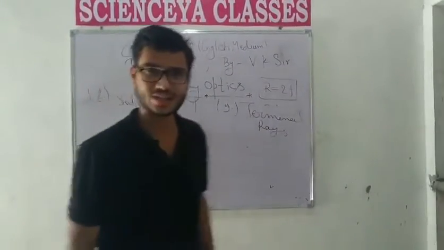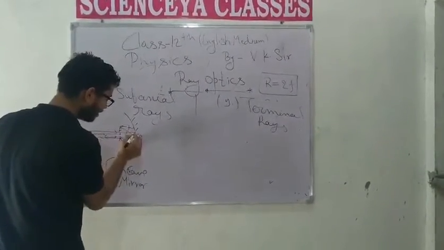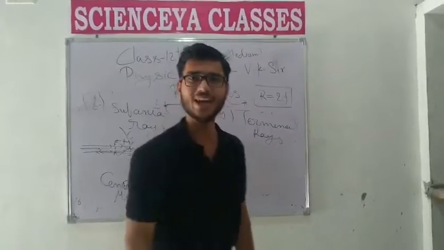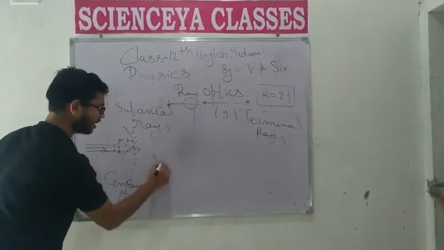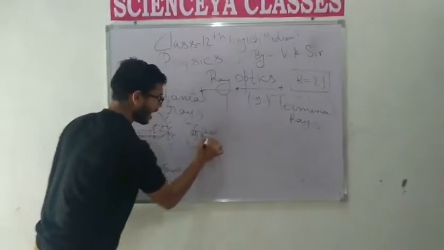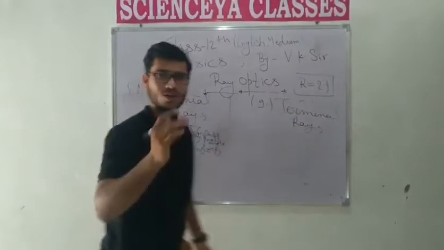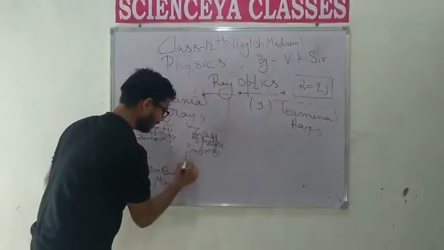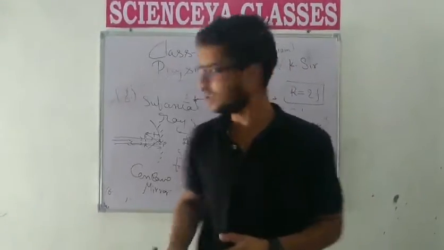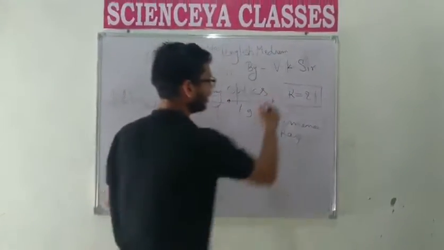In the case of subaxial rays, the angle formed after reflection with the principal axis is very small. In trigonometry, you learn that for a small angle, sin theta is approximately equal to theta. In a similar way, tan theta is approximately equal to theta. Just note this down, because we use this in upcoming derivations.